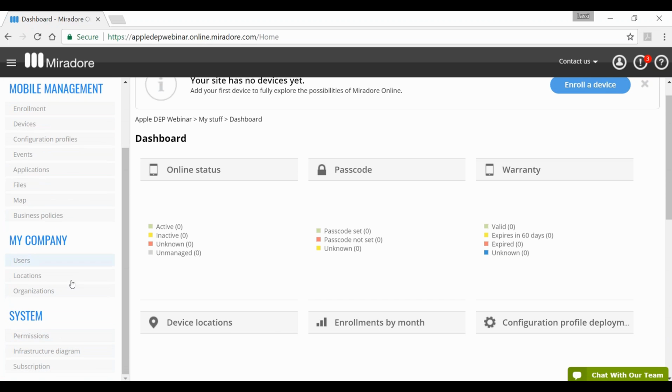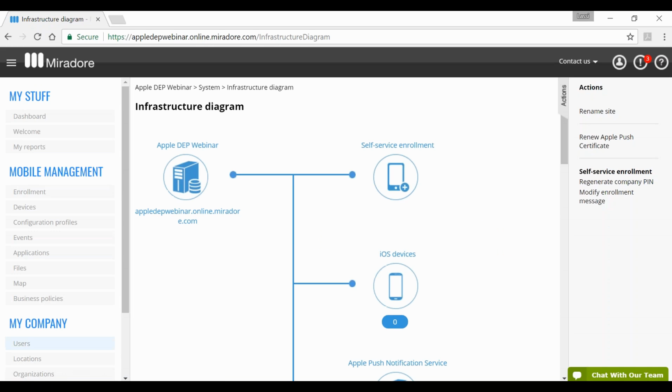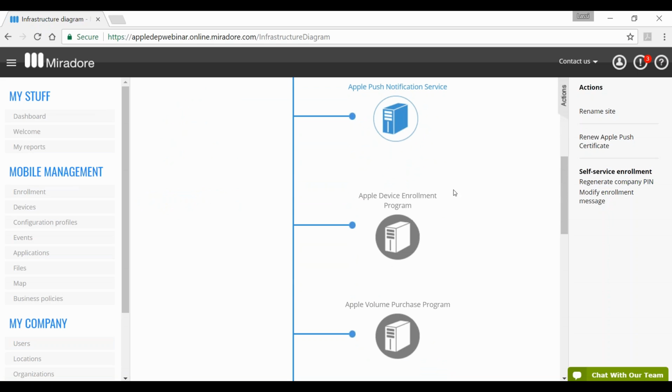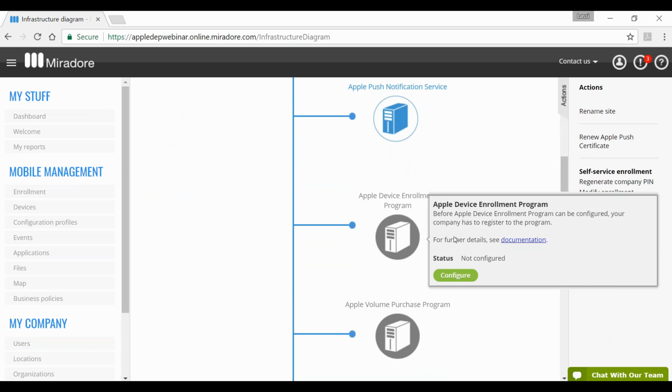In this situation, you need to have already the registration for the DEP program. So let's move on to the infrastructure diagram. Scrolling down here, it says Apple Device Enrollment Program. As you can see, it's not yet configured. So let's click Configure here.